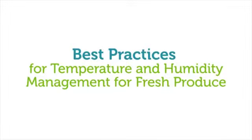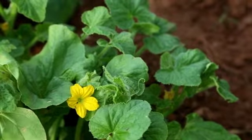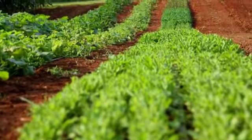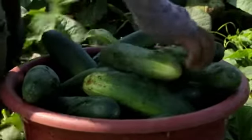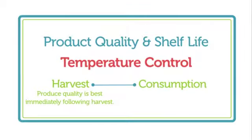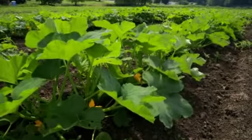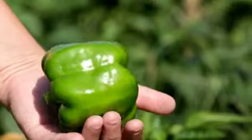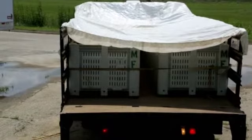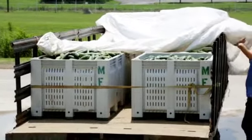Small-scale producers can maintain optimal field fresh quality by introducing simple methods for cooling produce and maintaining appropriate relative humidity levels to reduce post-harvest losses. One significant factor in extending product quality and shelf life is maintaining temperature control from harvest to consumption. Once fruits and vegetables are harvested, they are no longer attached to the root system, but they are still living. Therefore, any water that is lost can no longer be replaced through the roots. Lowering the temperature as quickly as possible after harvest will slow down the rate of living and extend the product's